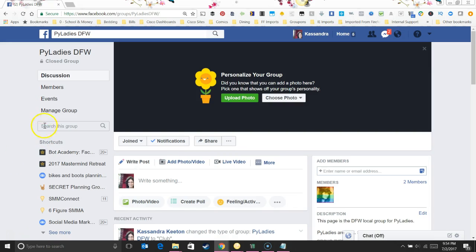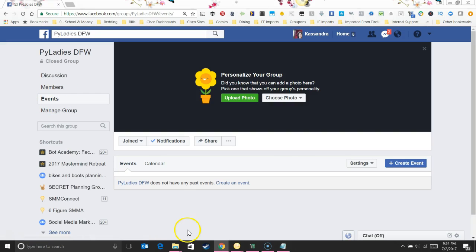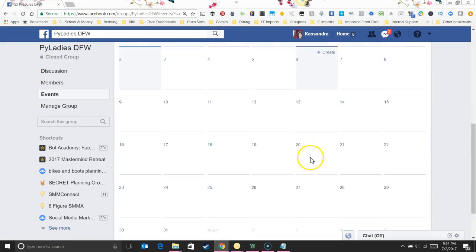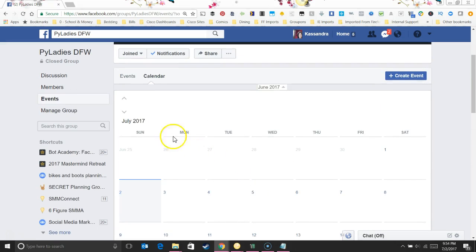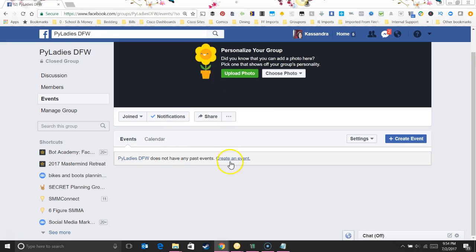Now, last but not least, what about events? Okay, so over here on the left side, you have your events. Right now, there are no current events, and obviously nothing on the calendar itself, but you can create an event from the calendar here by clicking on a future date and clicking create. You can also click the create event button right here,